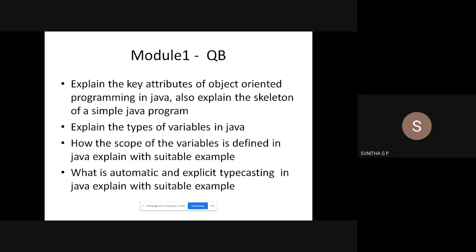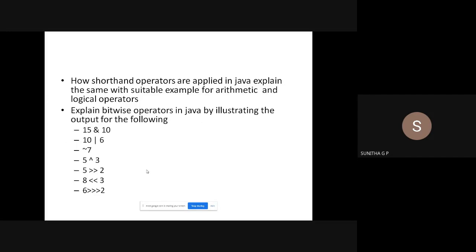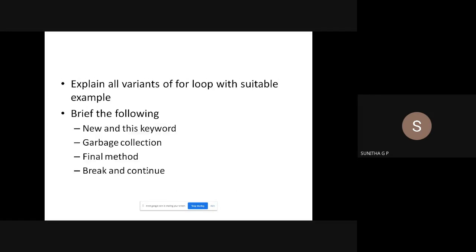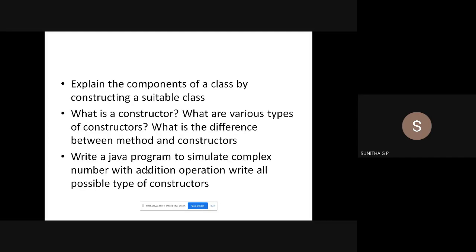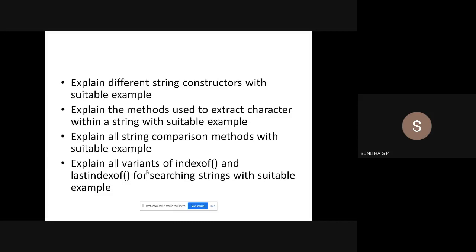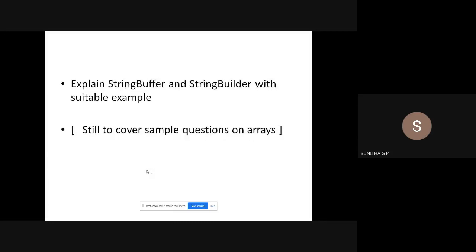Now from module 1, you can go through it afterwards, whatever portion I have given some questions for. Just go through the questions I have given. Looking at your syllabus, I framed some questions, and whatever I have not covered I have also included in that. You can go through this later. Maybe we'll think of giving some assignment questions from this module.